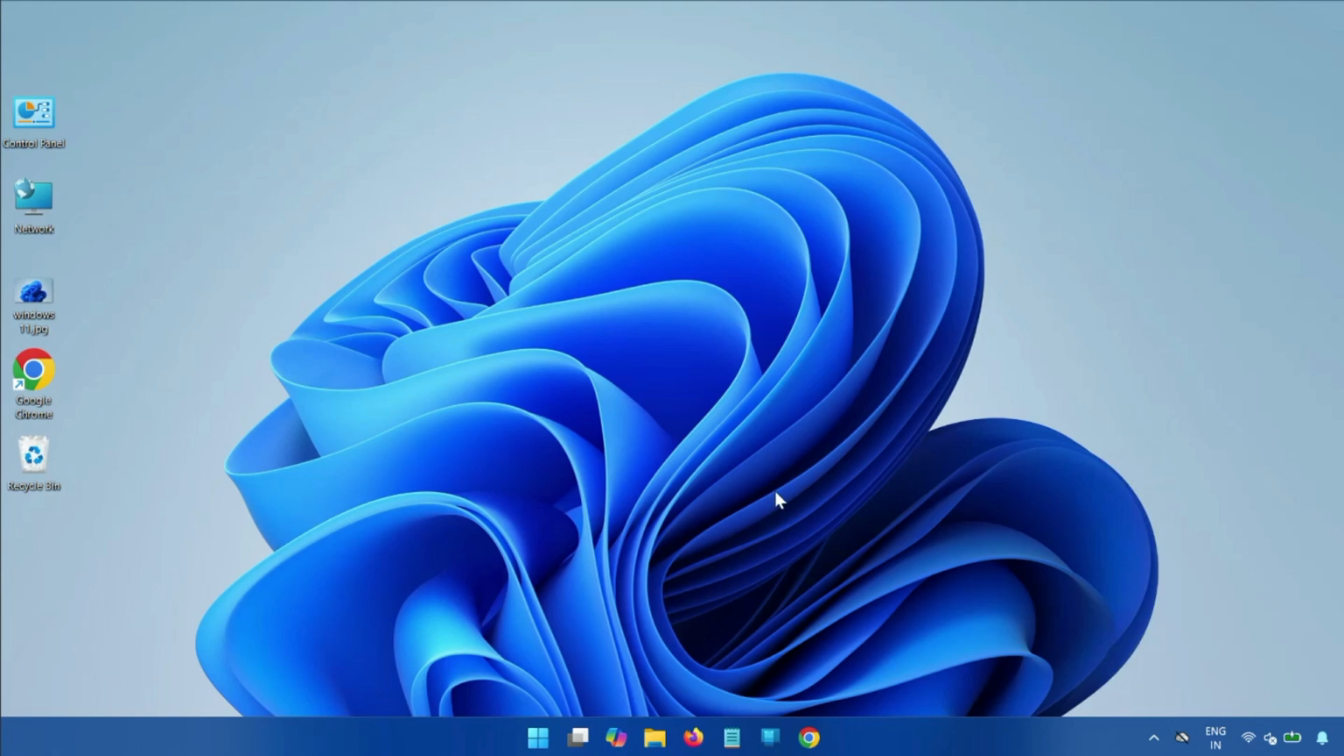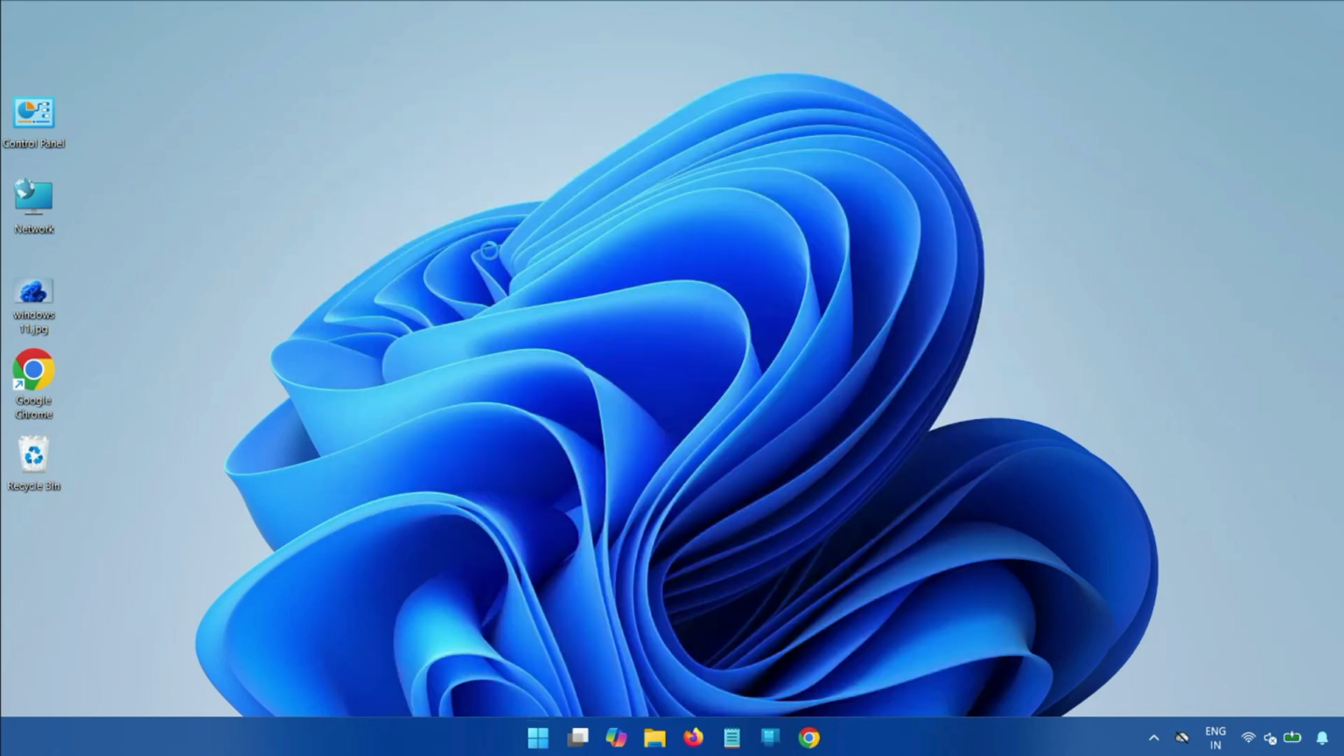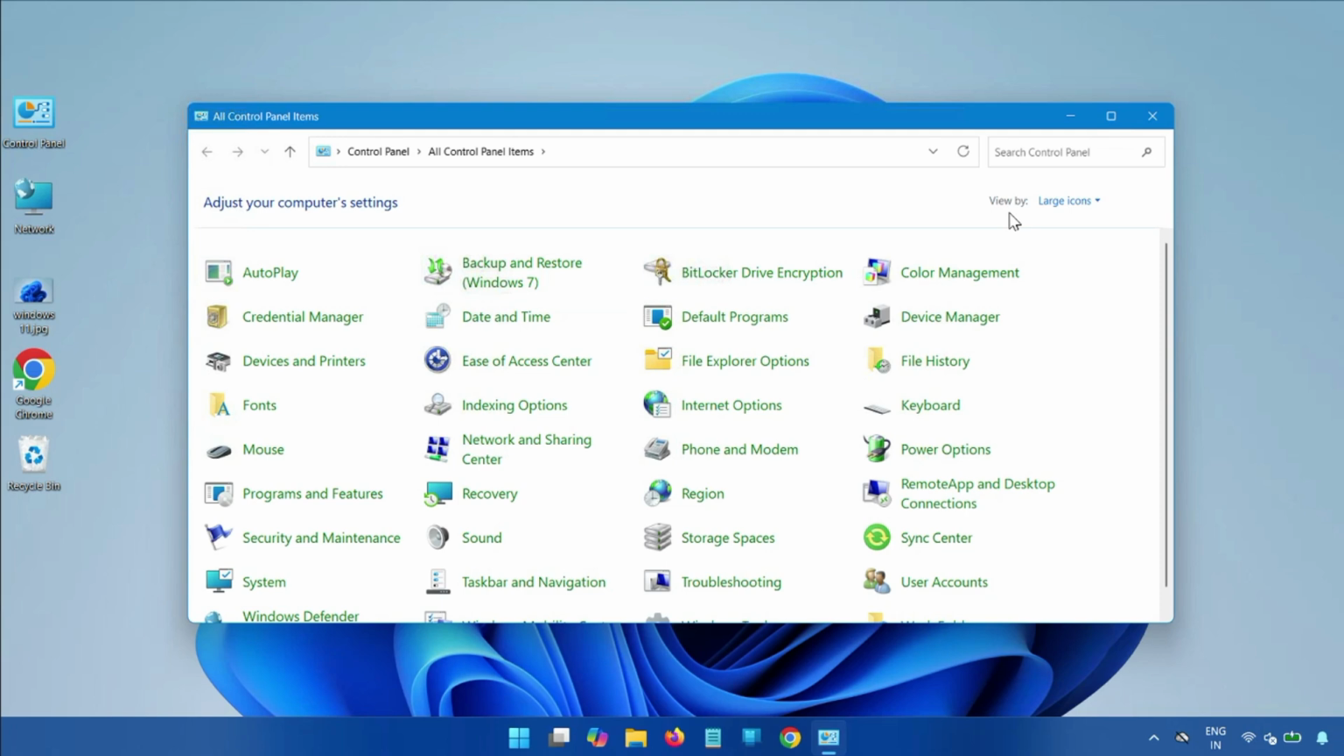So guys, first method, disable startup, most common and fast. Click on start and type control panel. Okay, control panel. Then select view by large icons, and then click power options,